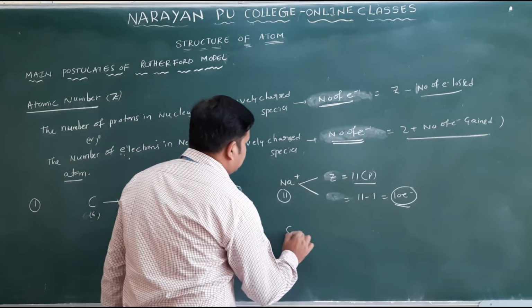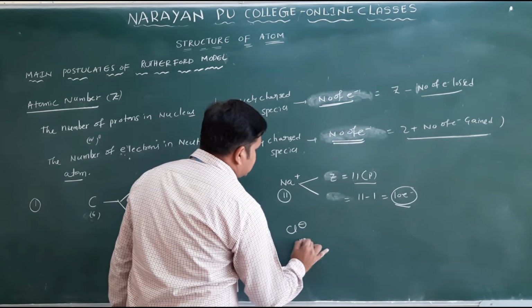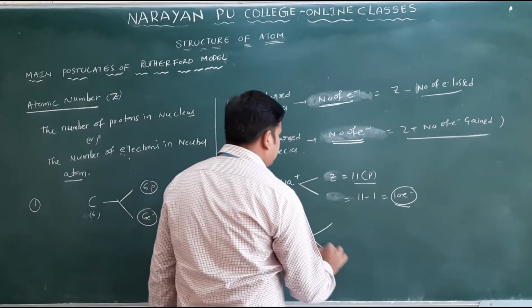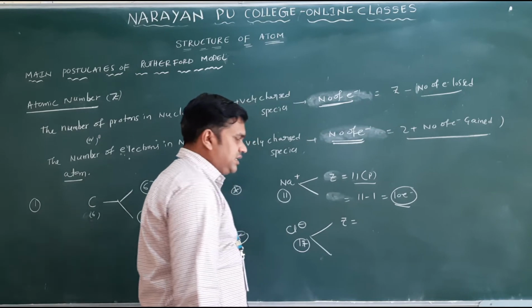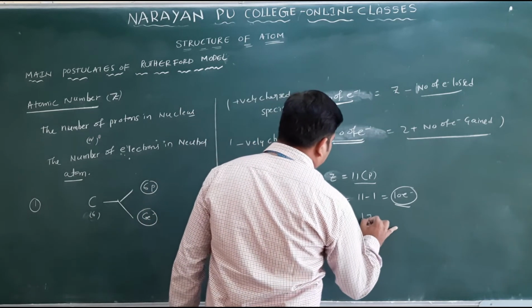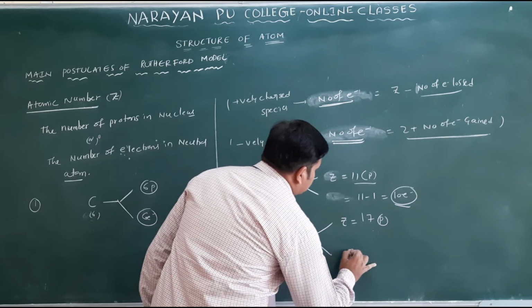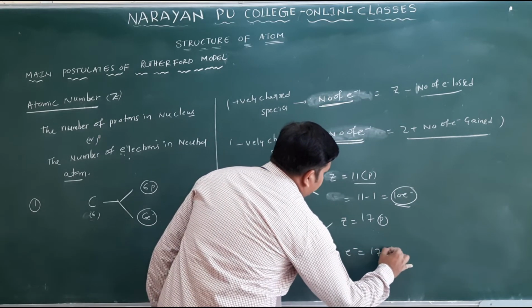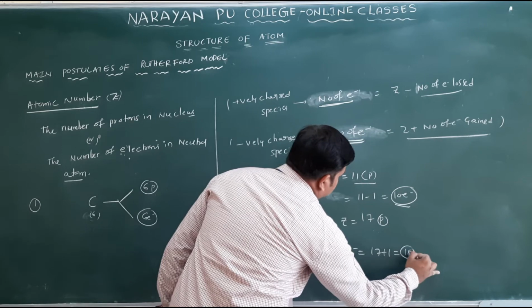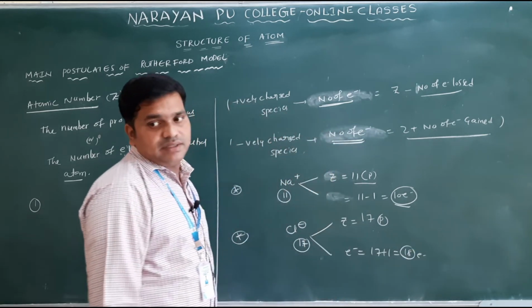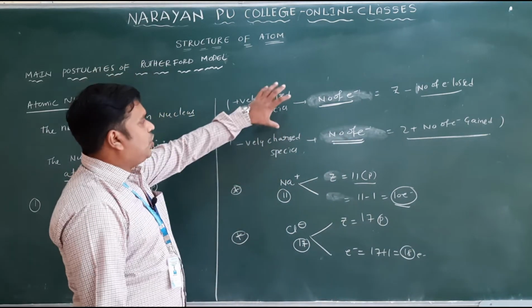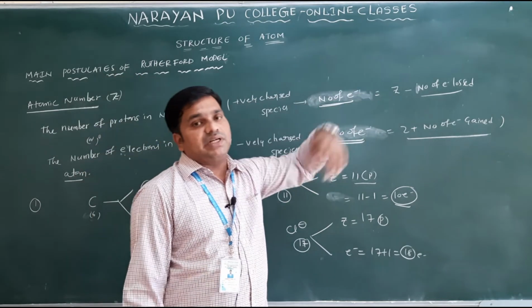Suppose I am taking Cl minus. Cl minus has atomic number 17. Atomic number Z means the number of protons, so we have 17 protons. The number of electrons is equal to 17 plus 1, so we have 18 electrons. This is for positively charged species, where we find the number of electrons, and